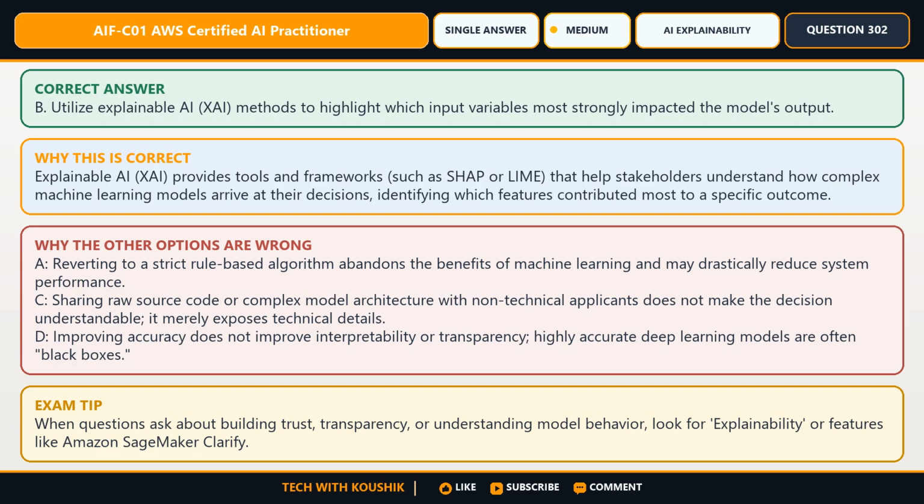D. Improving accuracy does not improve interpretability or transparency. Highly accurate deep learning models are often black boxes. Use this elimination rule in the exam. When questions ask about building trust, transparency, or understanding model behavior, look for explainability or features like Amazon SageMaker Clarify.